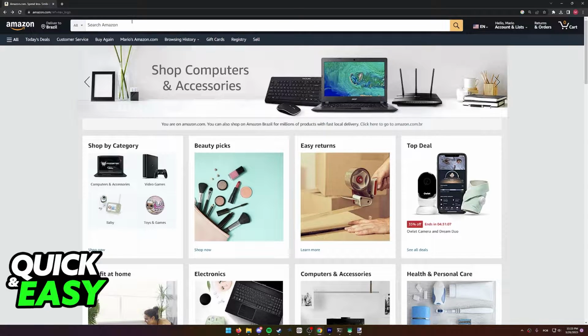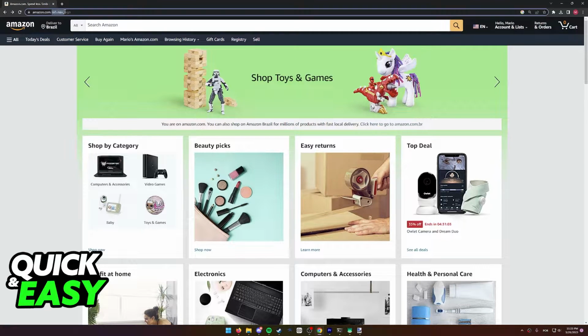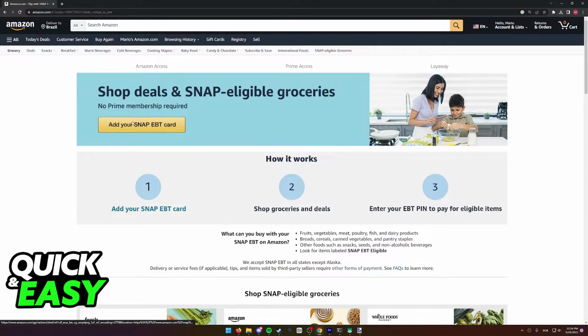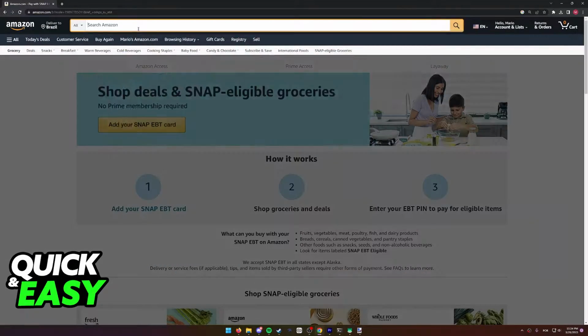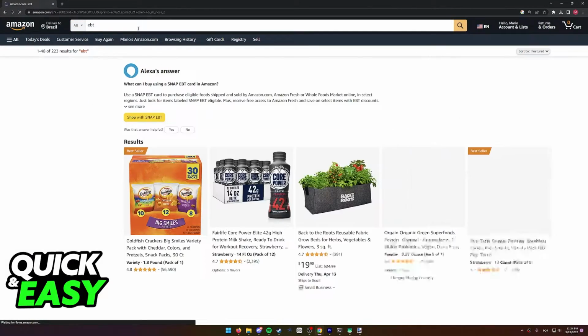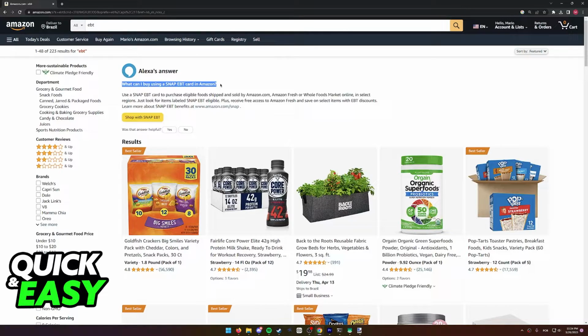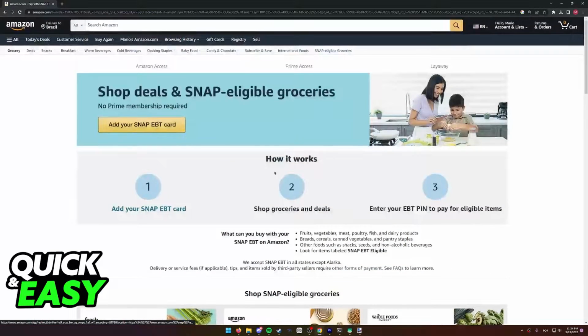As you can see, what you have to do is you either go to www.amazon.com/EBT on a web browser and you will be immediately redirected to this page, or you can simply look for EBT at the search bar and you should get this. What can I buy using a Snap EBT card in Amazon? Regardless, simply go to the URL I mentioned, you will be redirected to this page, and from here you can